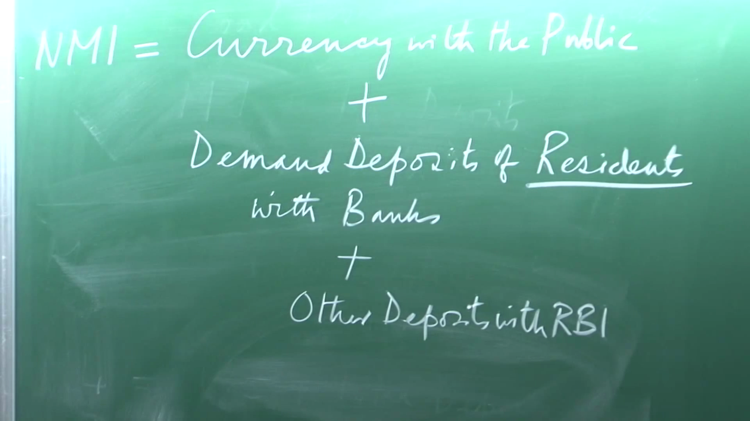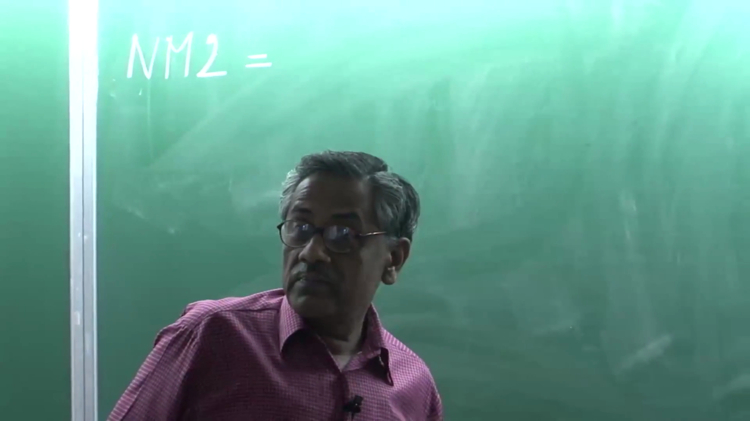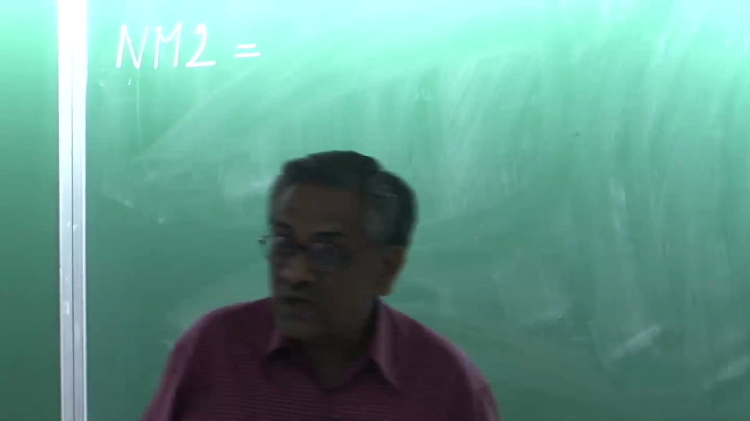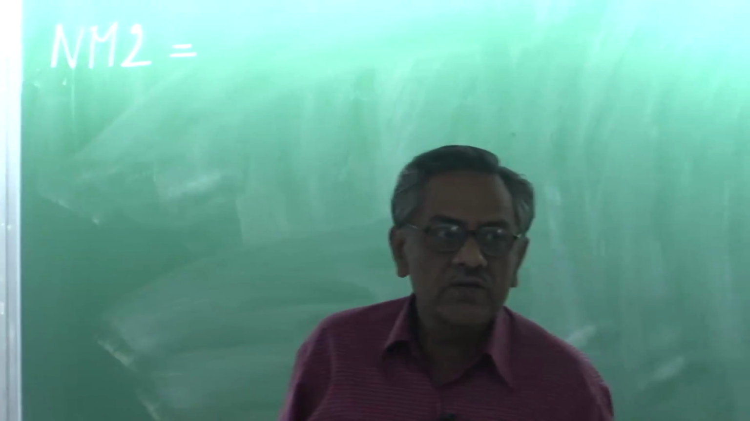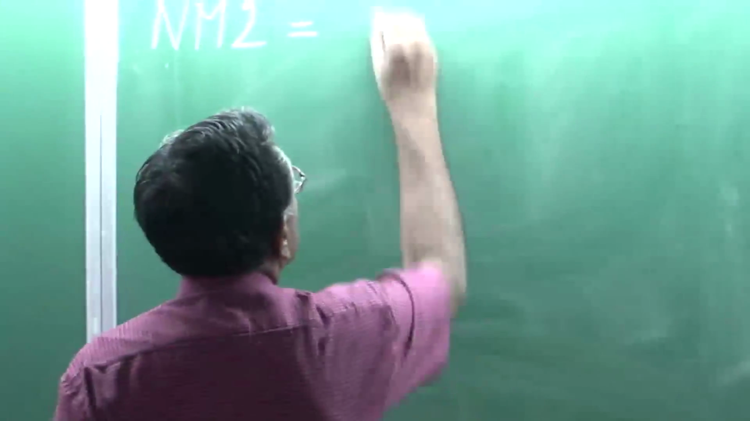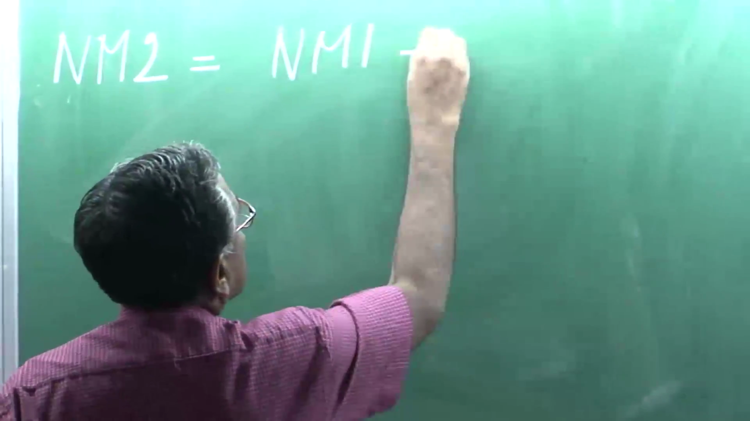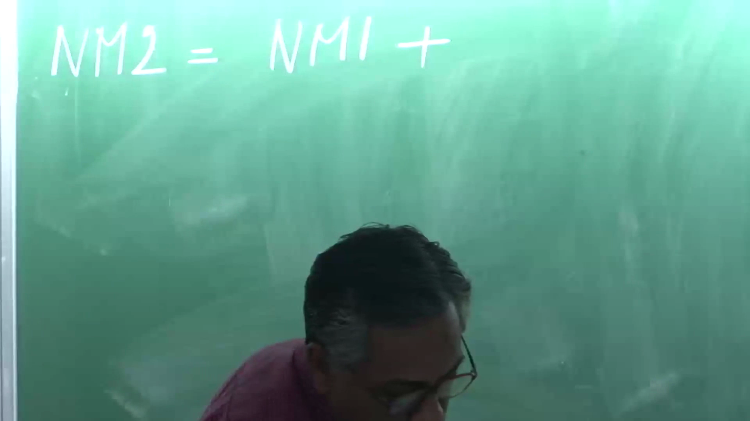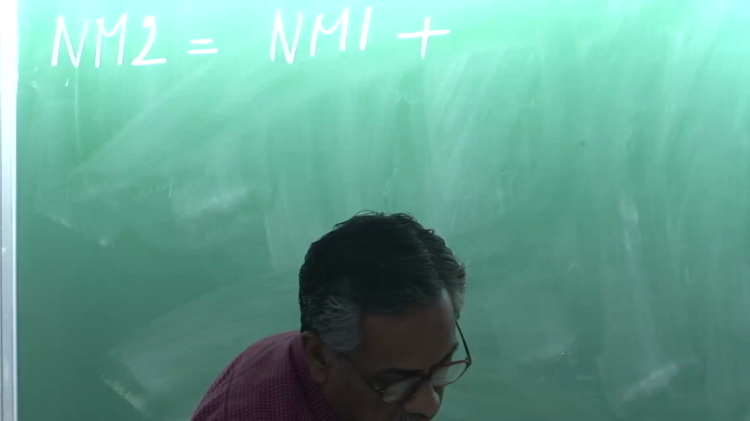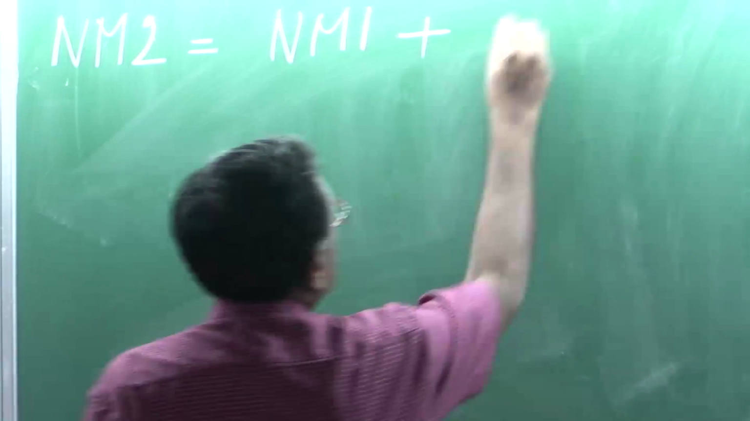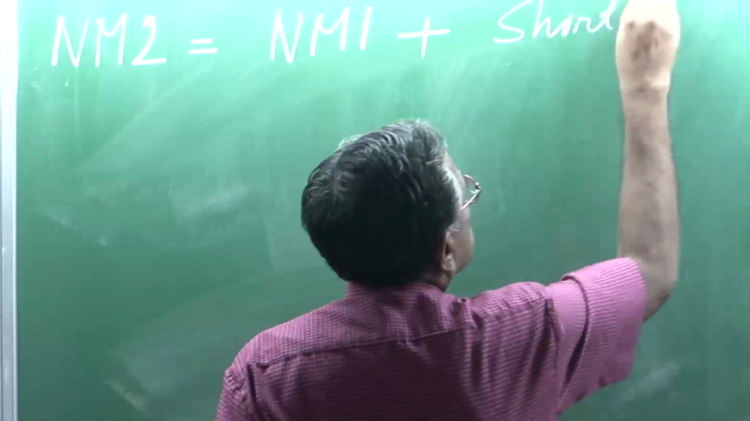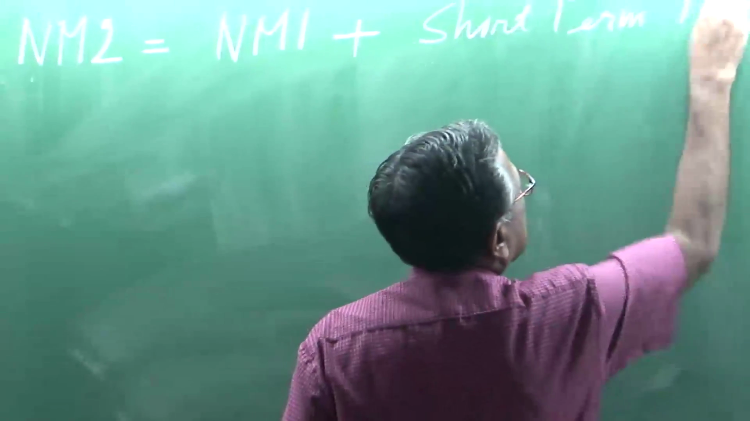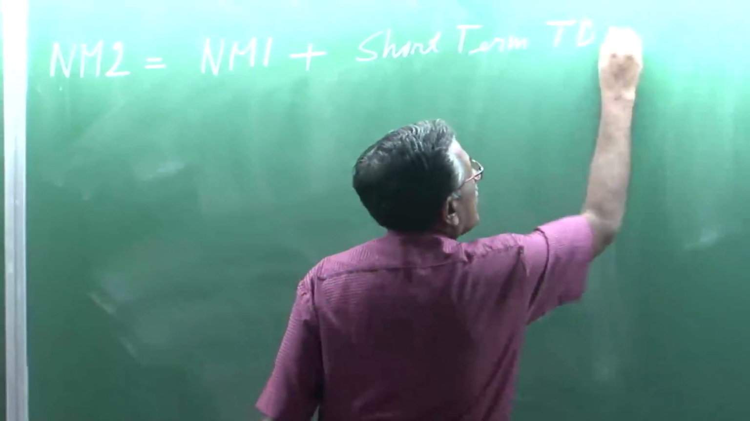Then they came up with NM2, another one. And you wonder, sir, NM2 should be similar, that post office part should come in, but in the post office, which non-resident Indian would keep money? Not interested. So, NM2 will be very different from M2. NM2 is NM1 plus short term time deposits of residents with banks,